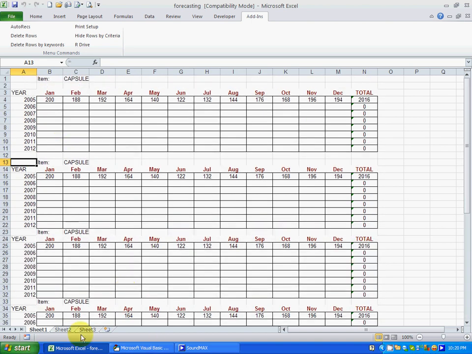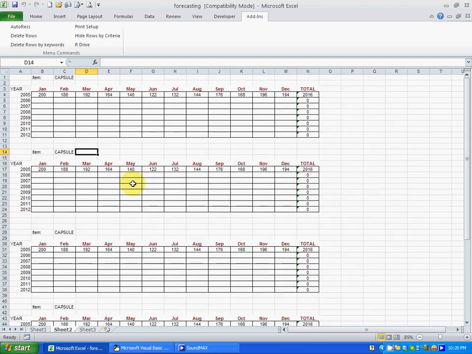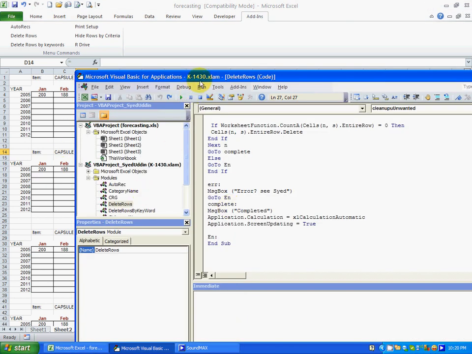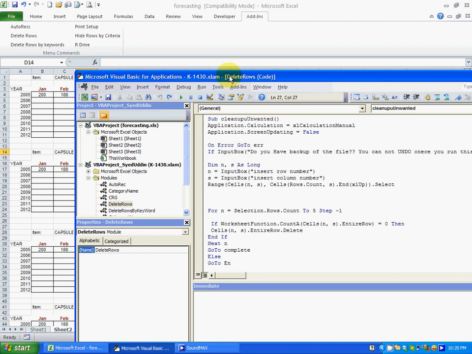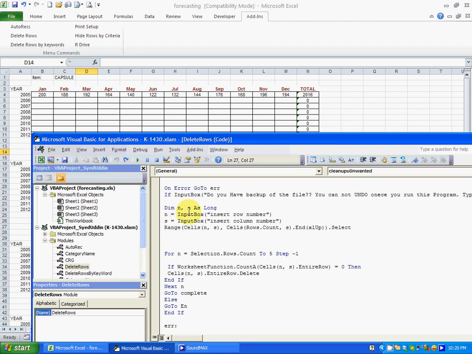Now I'll show you how it works. Before I show that, I go to another sheet which is the same thing. So this is my VBA code. I'll explain it very quickly. It is very easy. First of all, you have noticed that we ask for the row number and column number, so we will declare n and s as the variables. n equals the inserted row number and s equals the column number,